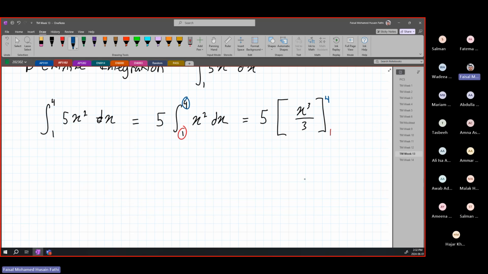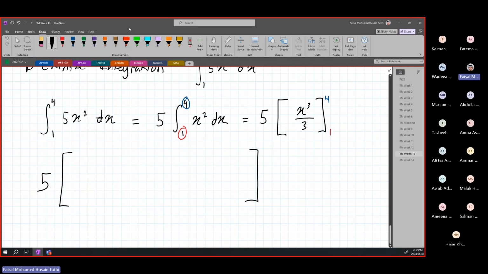How are we going to do this? So we have our constant 5, which is outside. Now you're going to put 2 brackets. So first you're going to put one large bracket for the 5 that is multiplying everything. Then you're going to put a bracket like this and a bracket like this. The reason for the big bracket is no confusion. It's just so you know that there's a 5 multiplied with everything. All right?